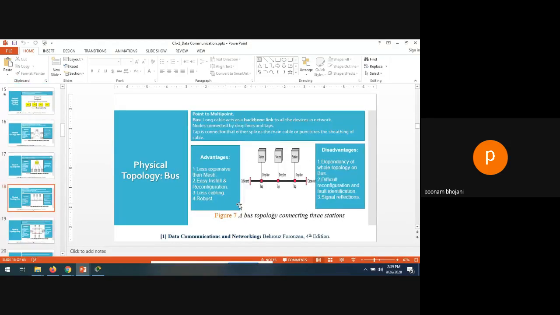See here, what is happening? The stations are connected with a cable via a tap. So this tap is nothing but a switch.